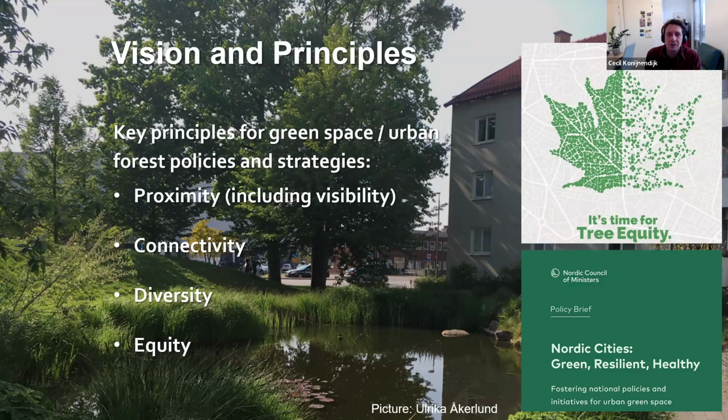comprehensive, right? There could be other principles as well. But the idea of proximity: making sure that everybody has access to urban forest, urban green, including visibility, as we found during the COVID pandemic, right? The importance of visual green when we are not so mobile, when we're locked into certain areas. It's really important also to be able to see green and trees, and more research is showing that as well. Connectivity, obviously, making sure we have well-connected green spaces in urban forest, also in terms of people being connected